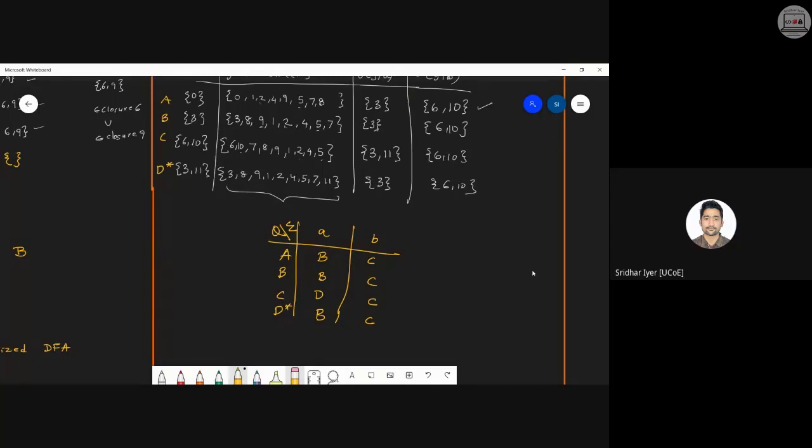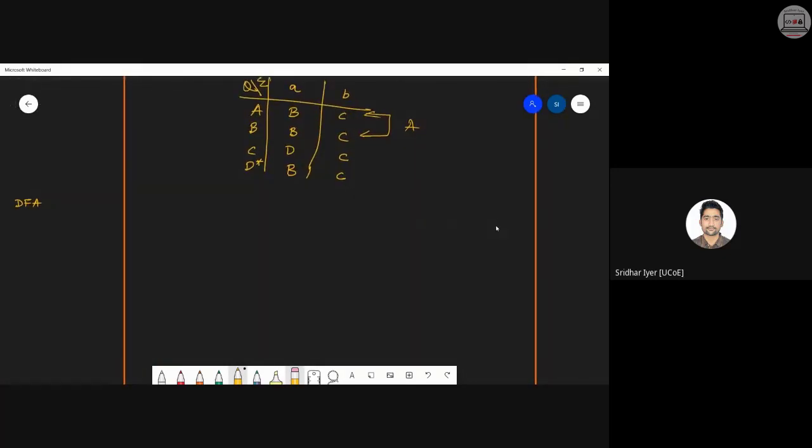Now I can say that I can merge A and B together and name it as A. So after merging, we will get three states, correct? So it will be A, C, and D. Inputs are going to be A and B. At the end, whatever we have merged, B and A together, I will write A over here. It will be C. It is D. It is C. It is A. Is it clear with this? Is it solved now?